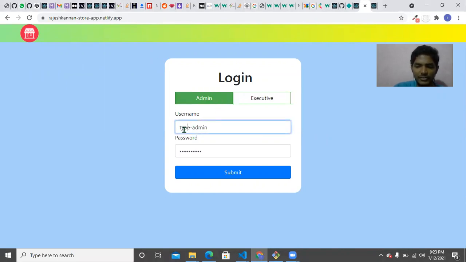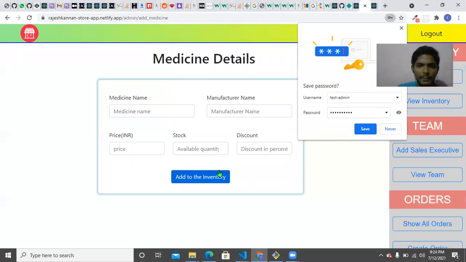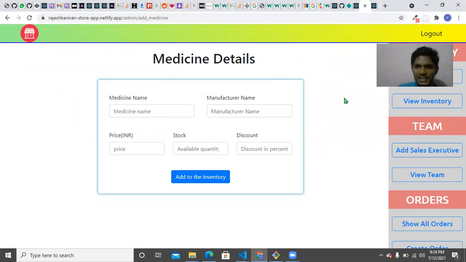The admin password is default. It is test admin, and the password is test admin, the same. This is the default password. After logging into the admin pages, we will see that